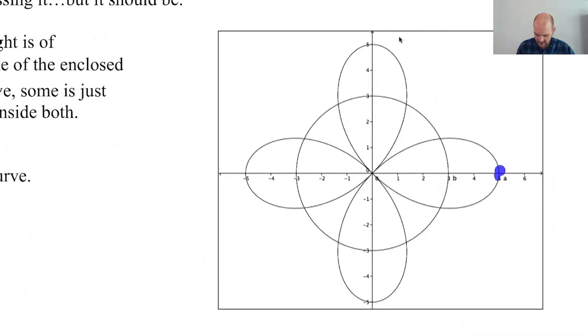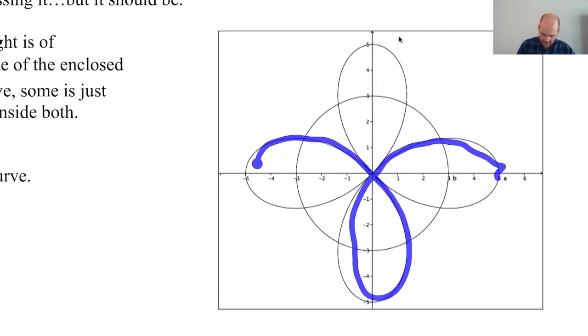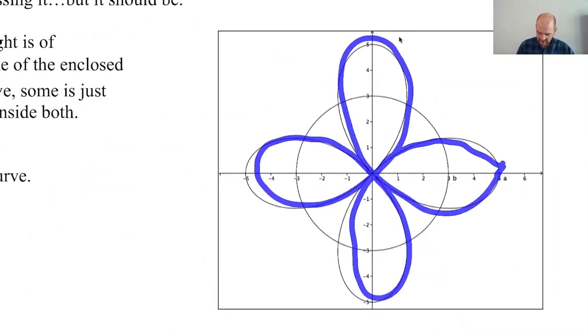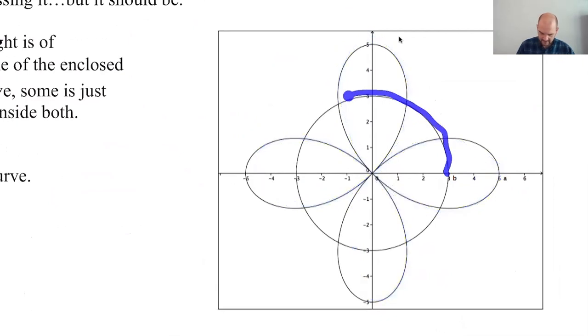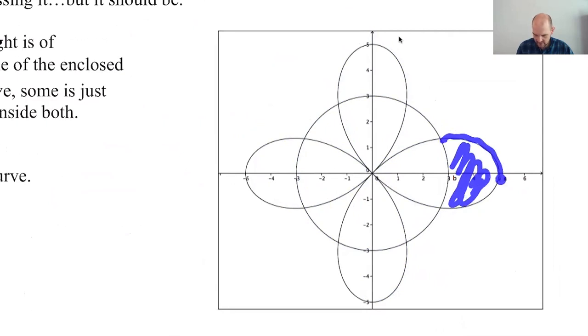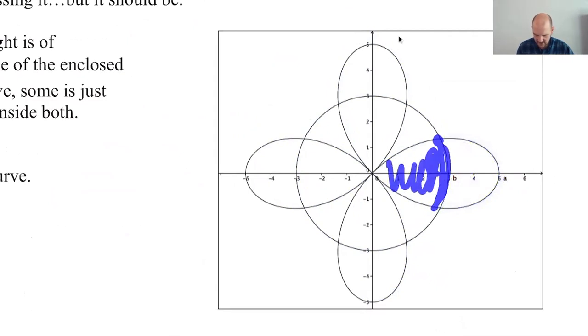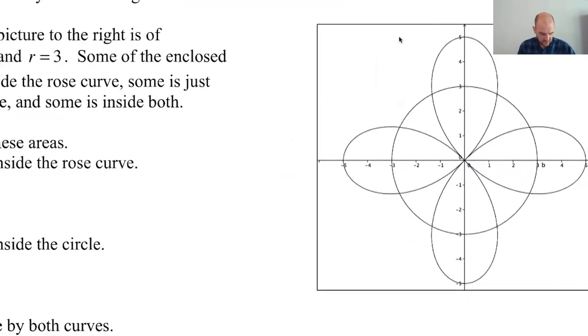So we have this rose curve. It's helpful to know how to graph it. Then we have this circle. And so this region is bounded on the outside by the rose curve and on the inside by the circle, whereas this region is bounded on the outside by the circle and the inside by the rose curve. So some things inside, some things outside. So what we want to try to do here